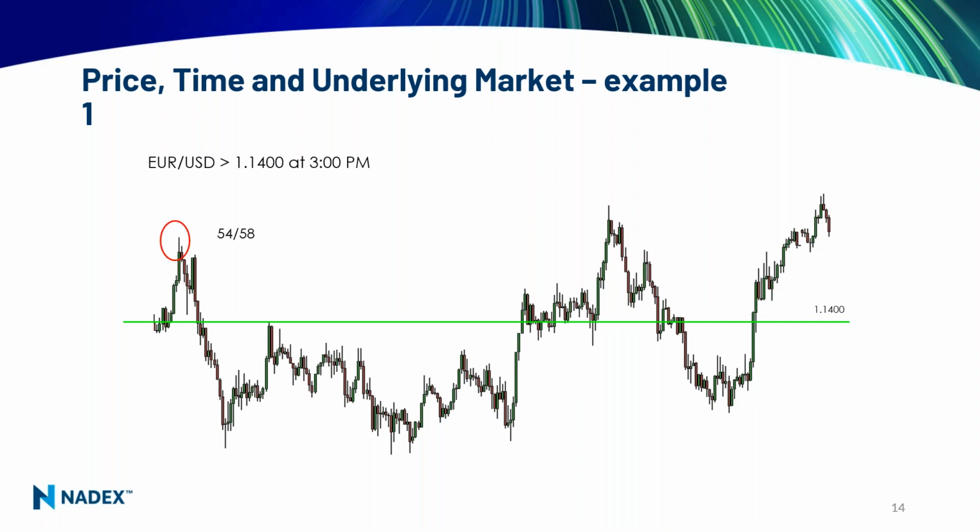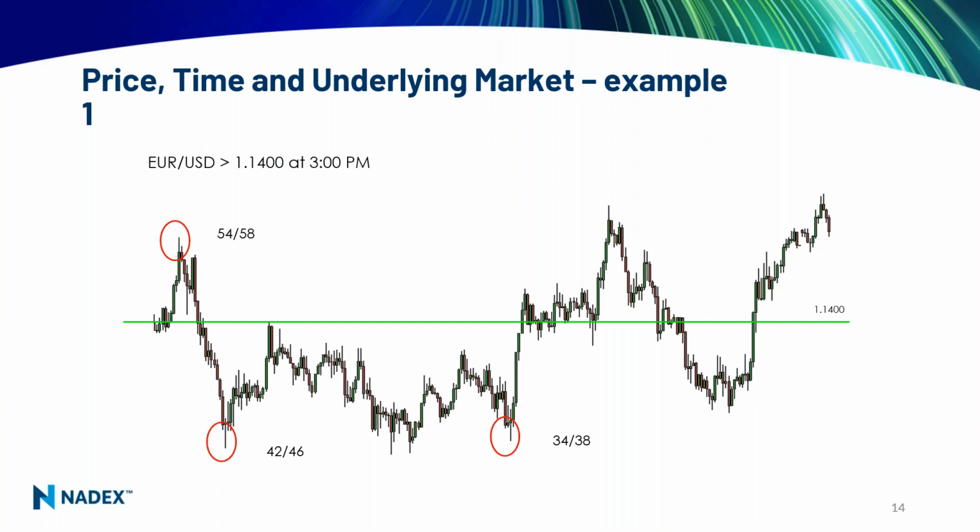Early in the day, the binary option was already above the strike price, which we would call already in the money. So the market was pricing about a 56% chance, the middle of those prices, that it would finish higher than 1.14. But early in the day, you can see it drop down. It went below. It's still very early in the day, and when it dropped down, it went to a 44% chance. So you can see the price of this binary option fluctuating.